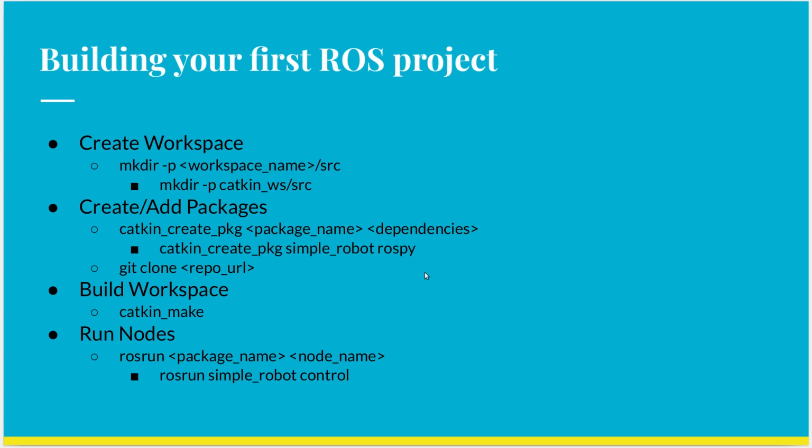The workspace can then be built using the catkin make command. When this command is executed, the packages are visited based on the dependency order, and the source code in each package along with the message and the service types are all compiled. The steps to be performed during compilation are usually mentioned in the cmakelist file. After successfully building a workspace, you can run the required node using the ROS run command, followed by the package name and the node name.